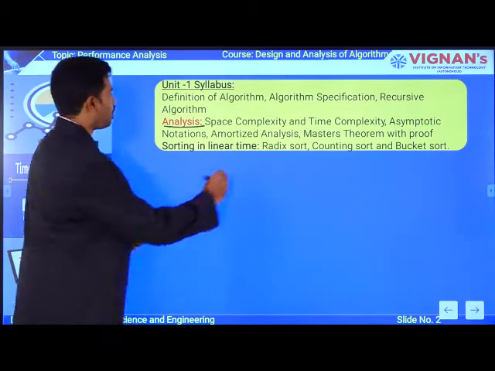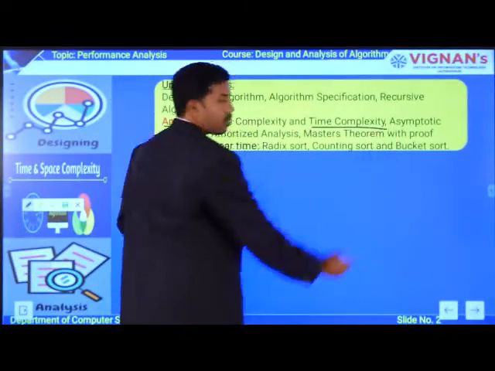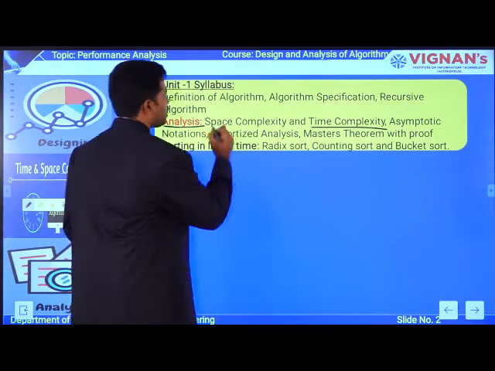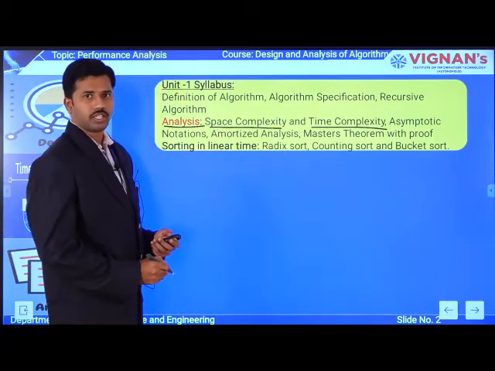First of all, today we will see how to measure the time complexity with various examples. In the coming lectures, we are going to cover how to measure the space complexity of a particular algorithm, okay?